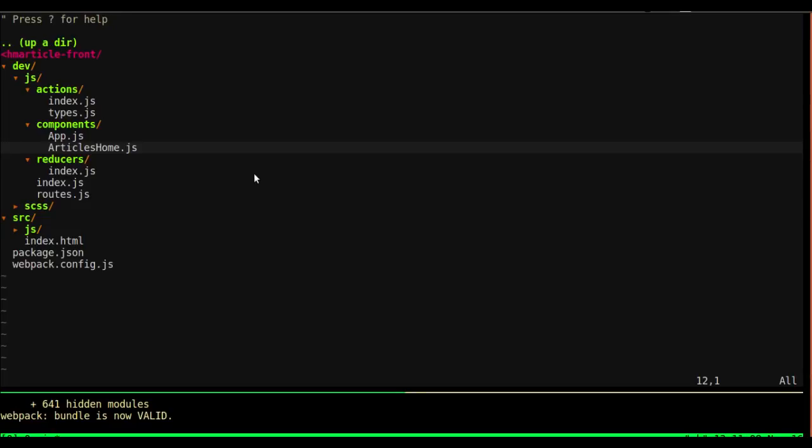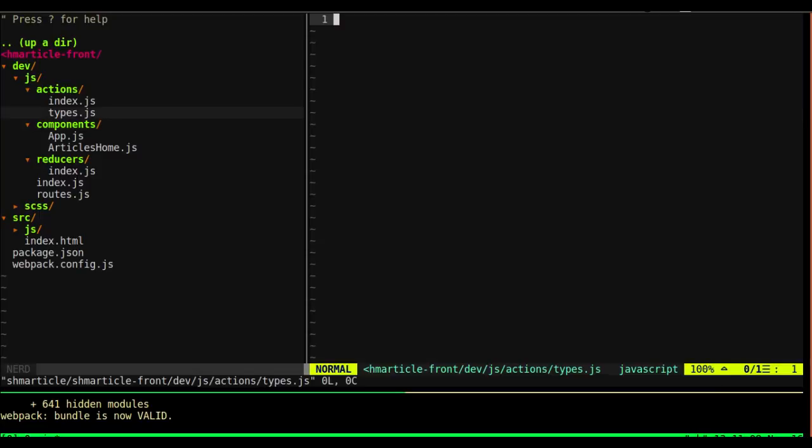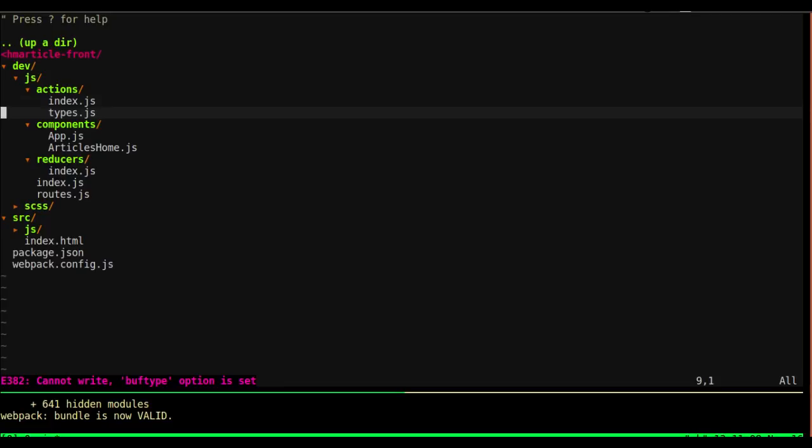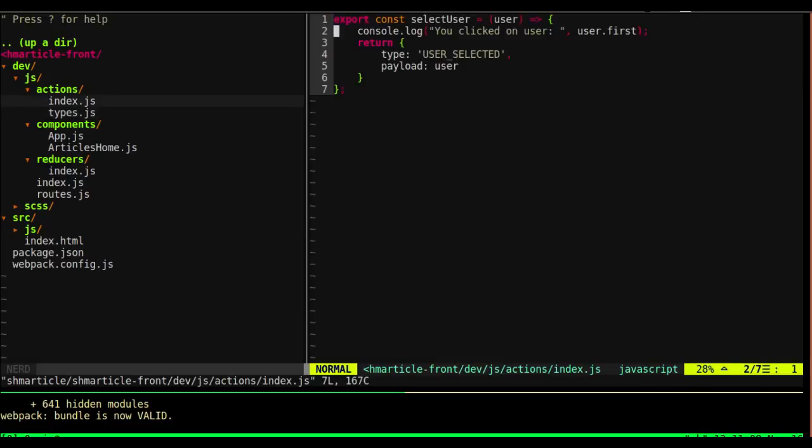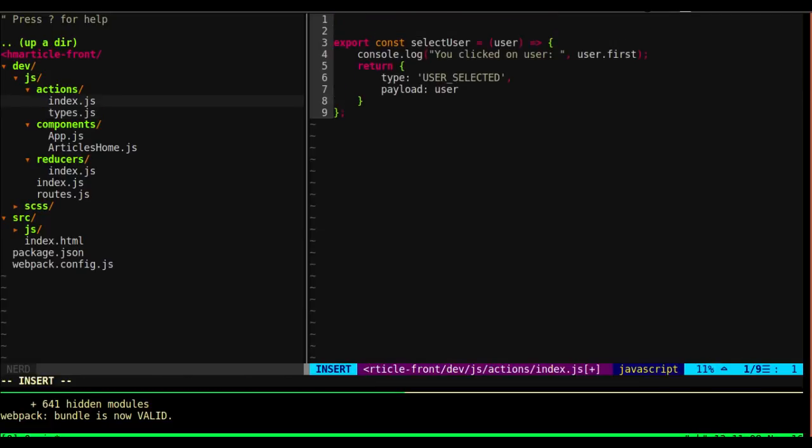Alright, so what we're going to work on now is our action and our reducer for getting all of our articles. So let's go into our types and say export const get articles. We'll make this constant, and it's basically going to be used in our reducer for getting all of the articles. And then we'll go into our index file, and we don't need this now, so let's just import get articles